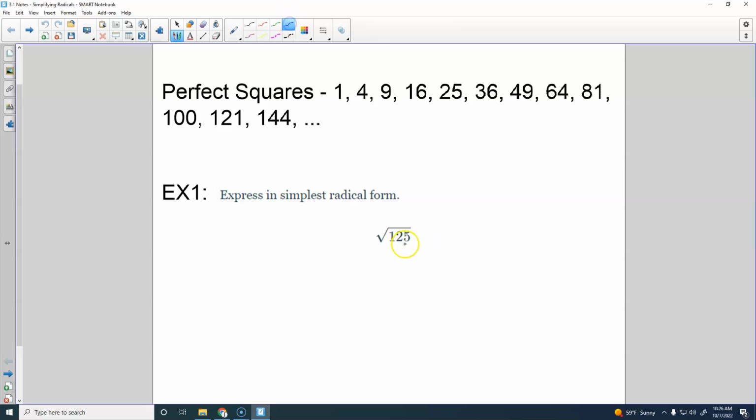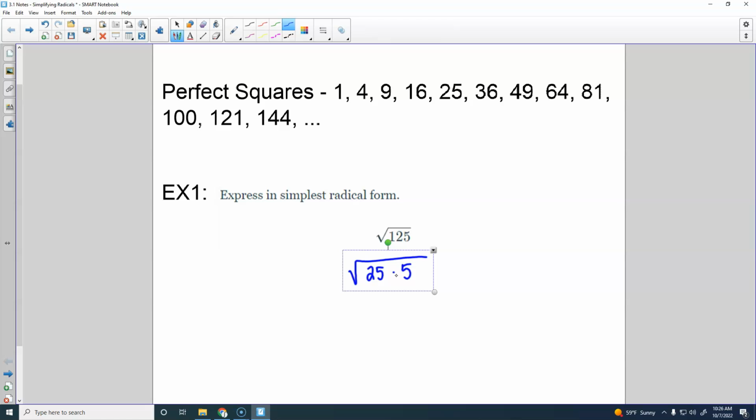So what we're going to do with these is we need to break this into two different numbers that we can multiply together. We've got 125, so we could multiply, I'm sure there's more than one thing. We could do 5 and whatever you get whenever you do this here. But we want to break this into something that is a perfect square and then something else that is not, right? So which one of these perfect squares is going to go into 125? 25. So we could make this 25 times 5,